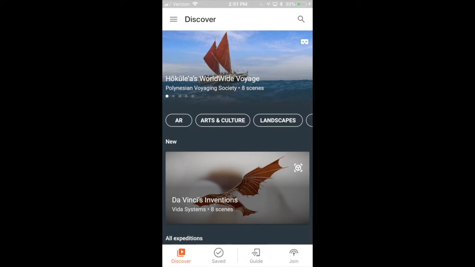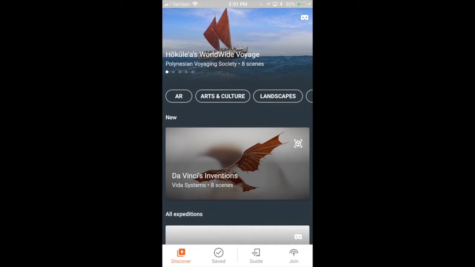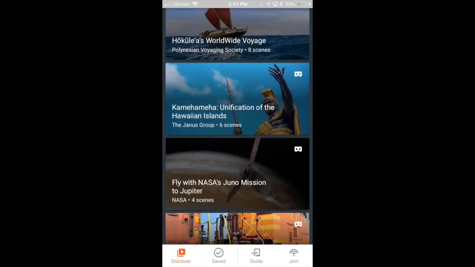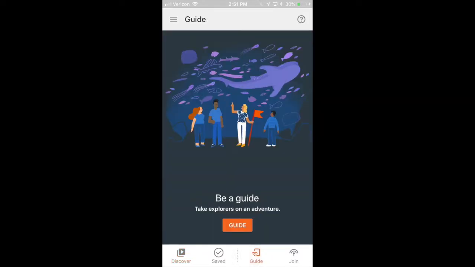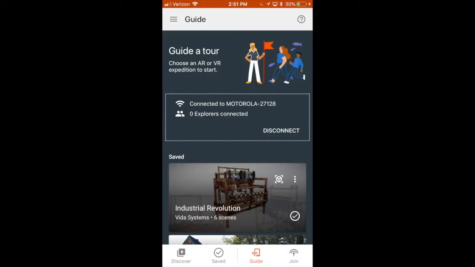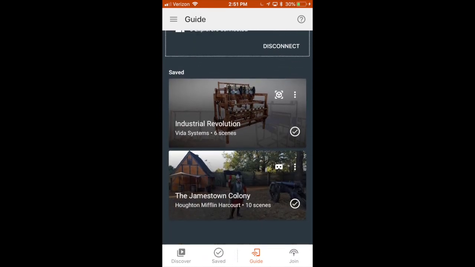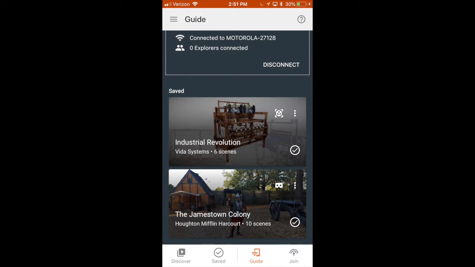So now I'm going to show you how to guide others on an expedition. After going through the Discover page and finding what apps you want to use, you're going to go over to Guide at the bottom. You're going to click Guide, and then it's going to show you your saved expeditions, so the ones that you've